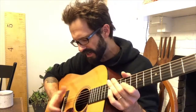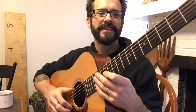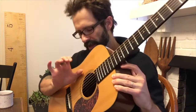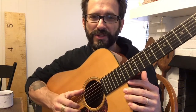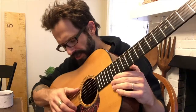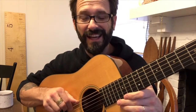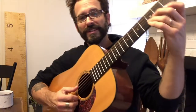But it starts with this really crazy tuning that I've never come across on any other record. I believe it is a Stephen Stills original, maybe. But basically, this string here is E, which is what it always is, and this one is B as well. So these are the only two strings that stay the same. I know most of you aren't guitar players, but there are some of you out there like Corin and Rachel. You guys might appreciate this. But E, B, and then E, E, octave lower, E, E. So it's 5 strings of E and 1 B string, which is totally crazy. But when you see what...